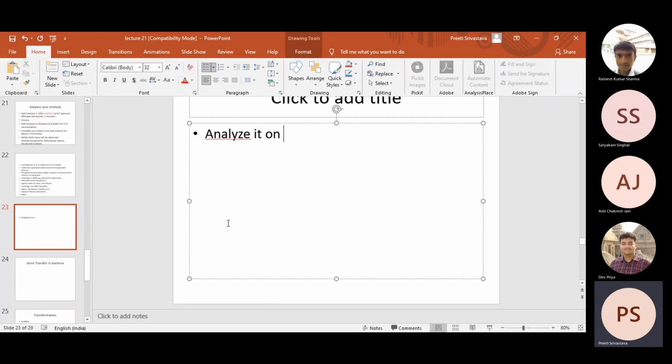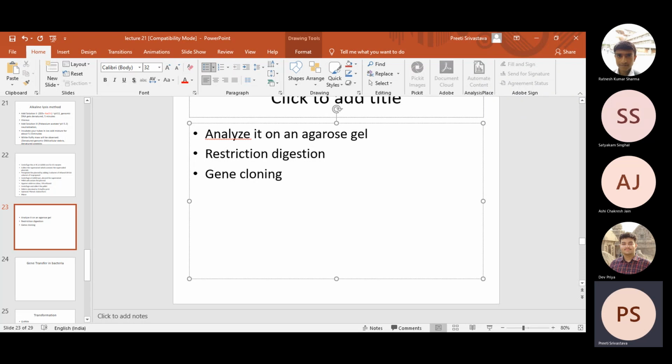Analyze it on which gel class? Which gel should we use for analysis? Agarose gel, ma'am. Agarose gel, very good. So you can analyze it on an agarose gel, and if the DNA is there, and if you see that yes, the plasmid is isolated, then the plasmid is ready to go for further steps, which include restriction digestion, for example in cloning.